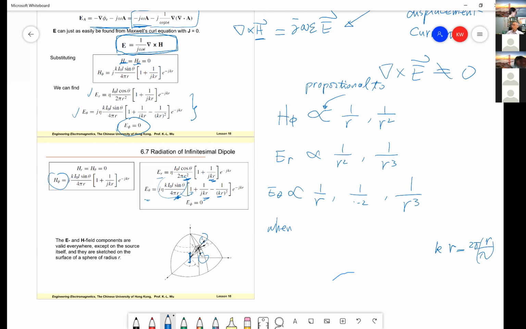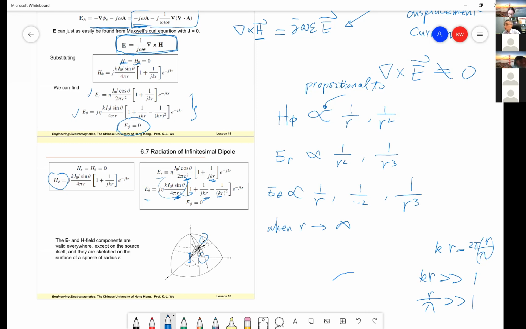So if kR is much, much larger than 1, or when R approaches infinity, very, very large,